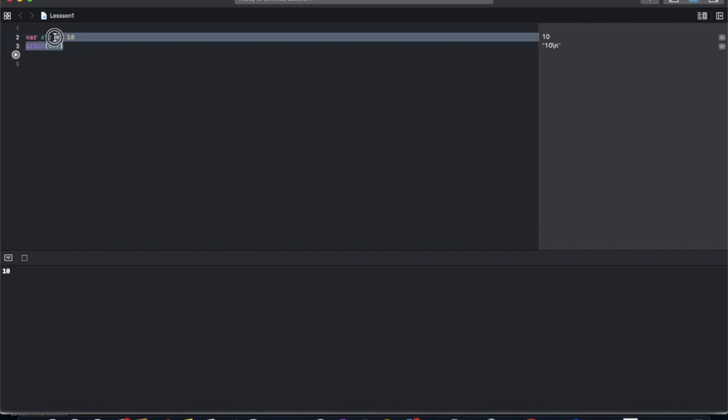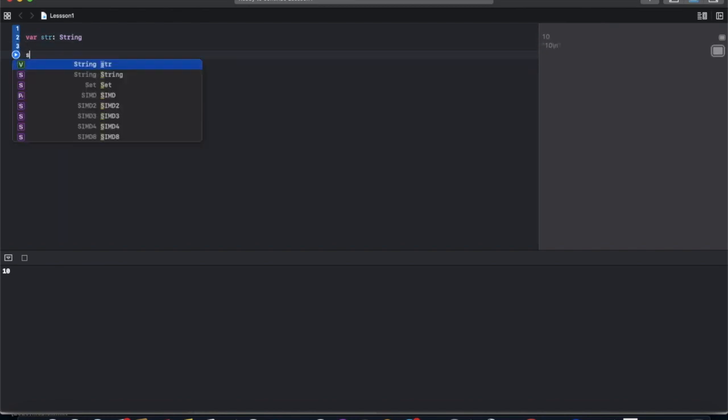To declare with type annotation, we just use a colon and the type, like String. So now var str is of type String. If we want to provide a string value, we can provide here Harsh.